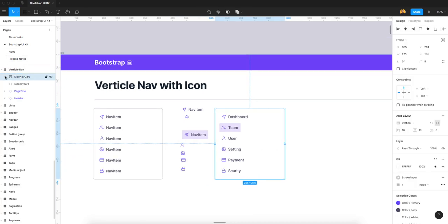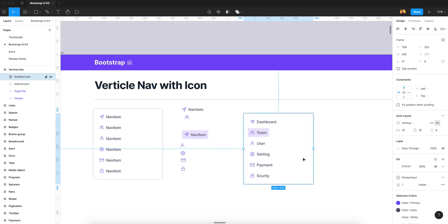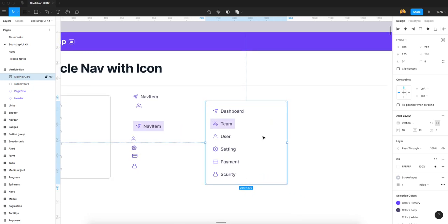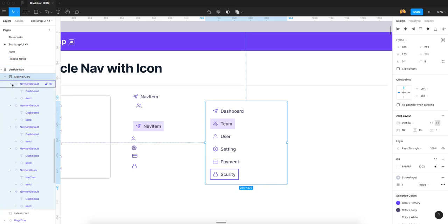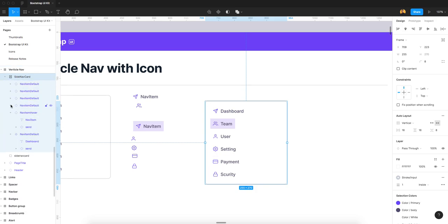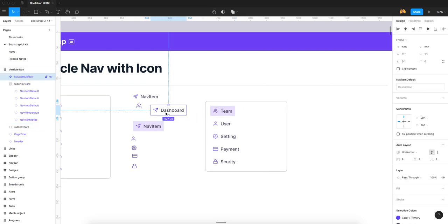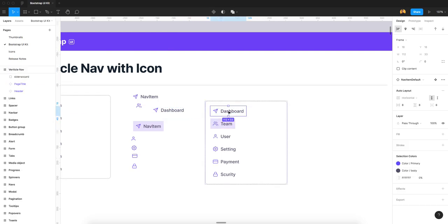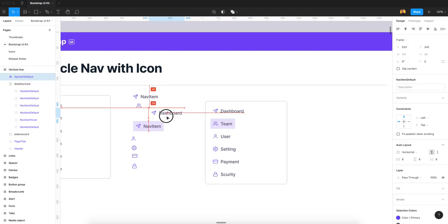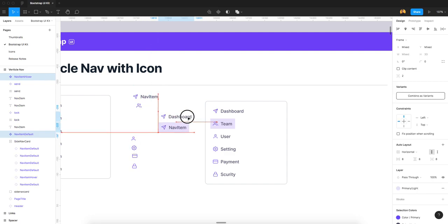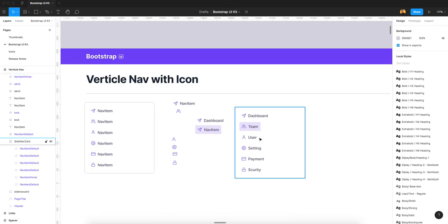Now I am going to convert this entire side nav into a component, so you can use it multiple times. Before this, we check all our designs. I find that we have used a component in our side nav card. I just put it to pull down and I am using a duplicate of it, so you can easily customize your layouts. See, this is our base component to use in design.